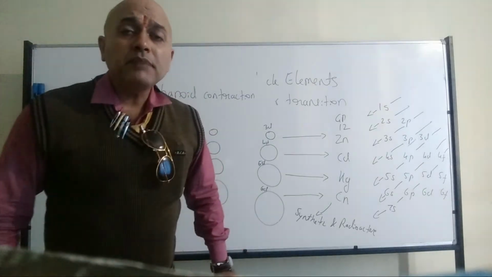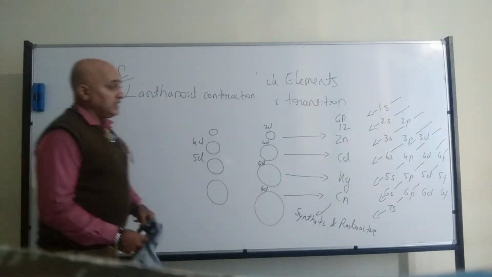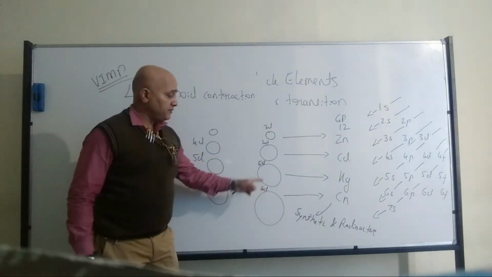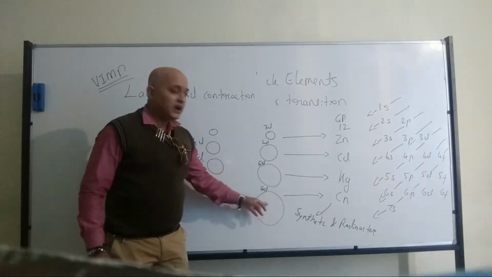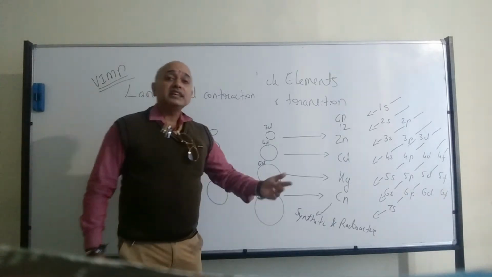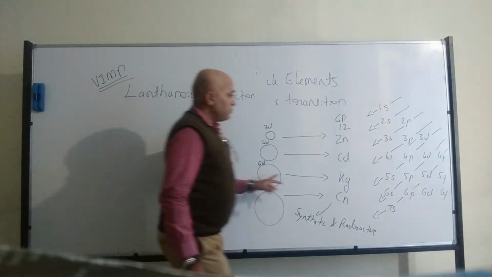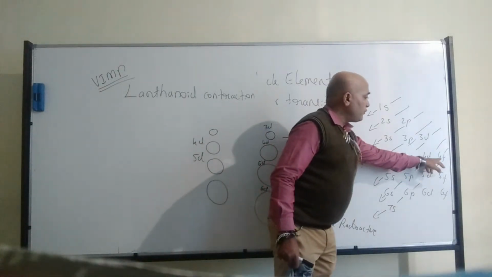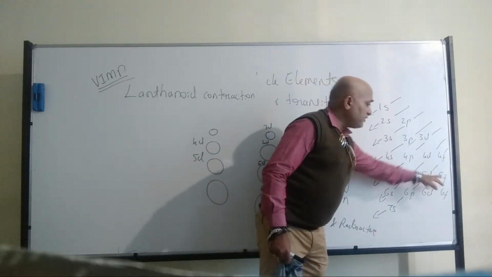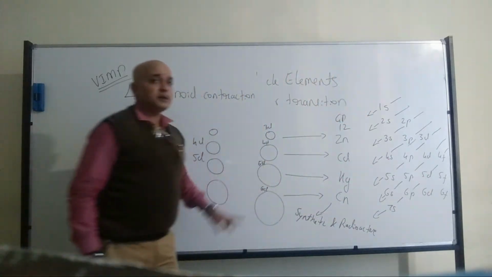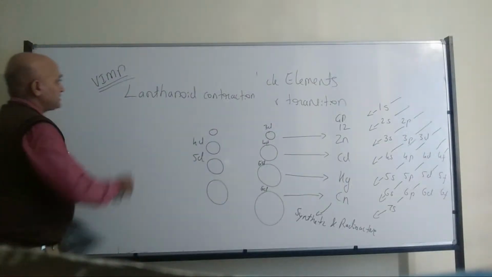So what do you mean by Lanthanoid contraction? If you observe it carefully, I have told you in the beginning itself. In the 5D and 6D series, before the entry of the 5D and 6D electrons, there will be filling of F subshell electrons. So for example, before 5D, 4F is going to get filled up. Before 6D, 5F is going to get filled. Right? Now based on the shielding effect,